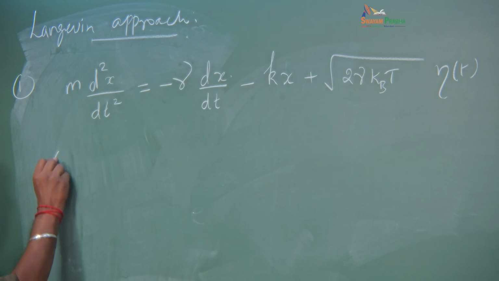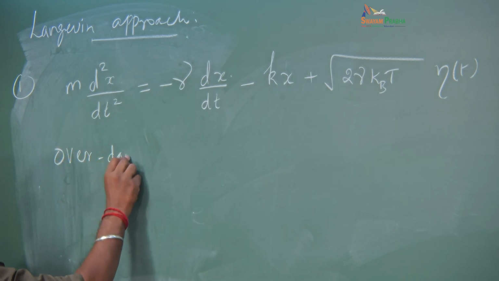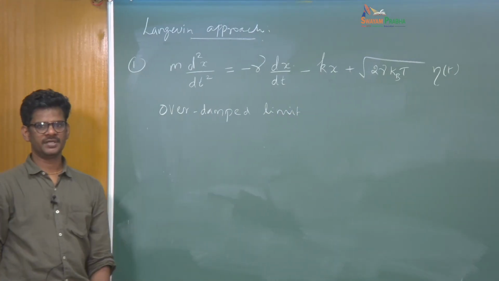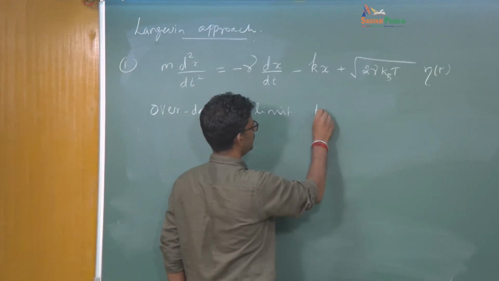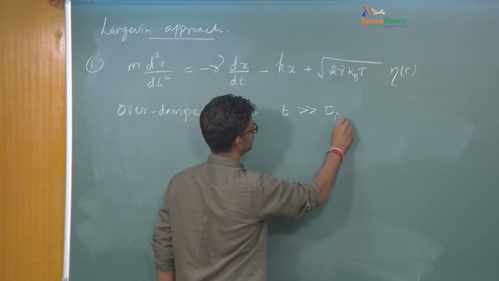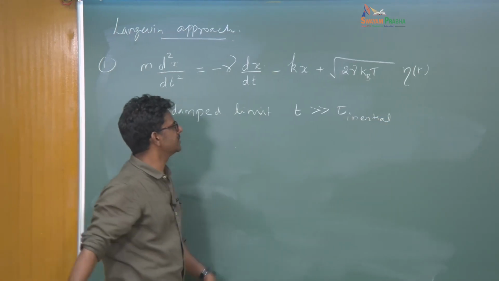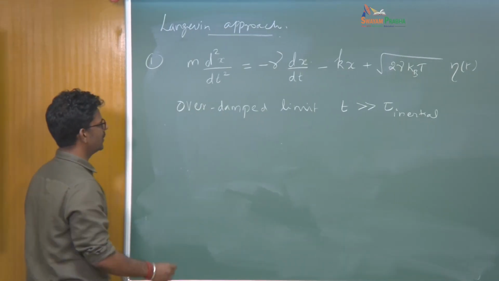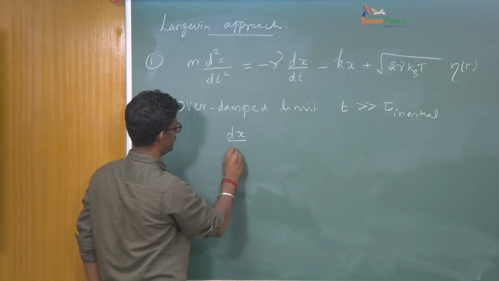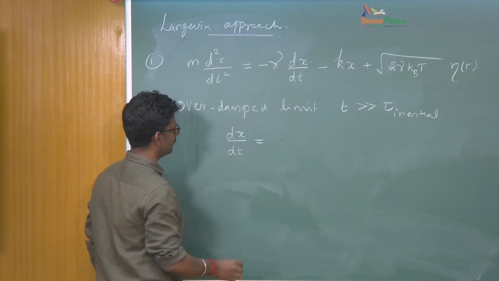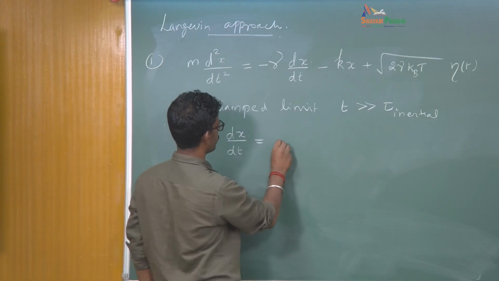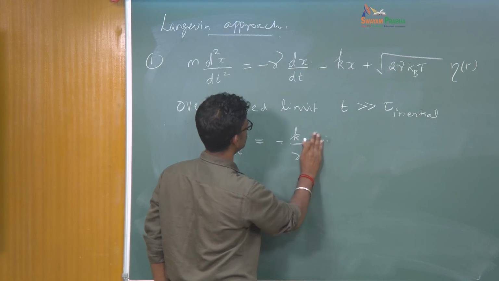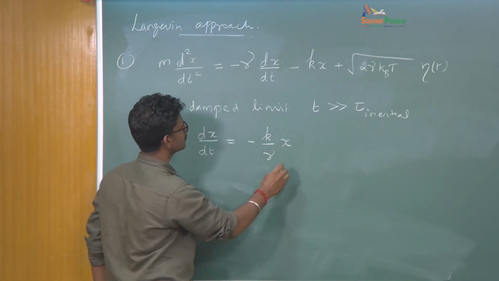So now if you consider the overdamped limit, overdamped limit basically means looking at time scale t much greater than the initial time, in which case this initial term drops to 0. Okay, so you equate these things to 0, so you will get dx by dt equals minus k by gamma x plus